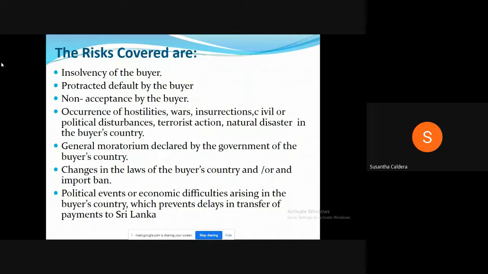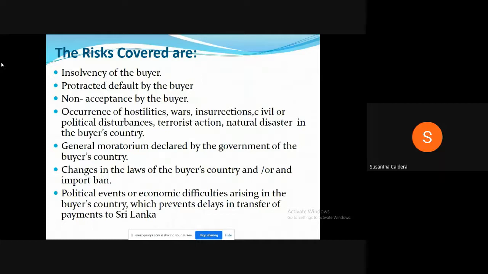insolvency of the buyer, protracted default by the buyer. If you can't understand, stop me. Otherwise, there's nothing you can read and understand. Non-acceptance by the buyer. If it's a DA payment, if they have not accepted. Occurrence of hostilities, wars, insurrections, civil law, political disturbances, like in Afghanistan these days, terrorist actions, natural disaster in the buyer's country. Because of that, if the payments are not coming forward,